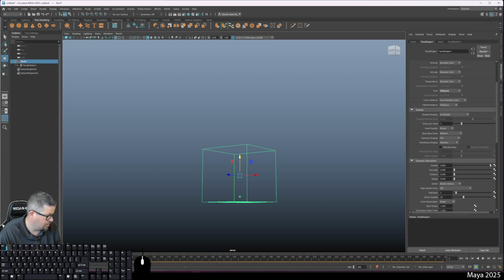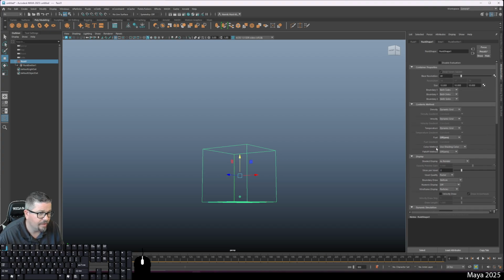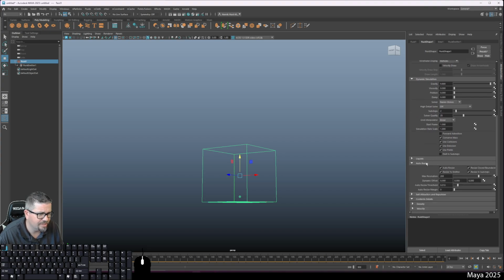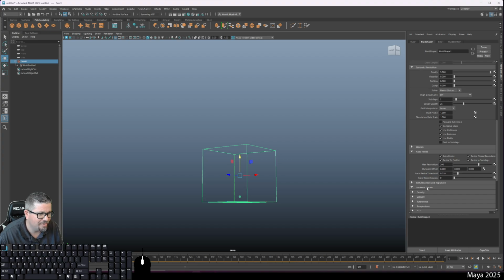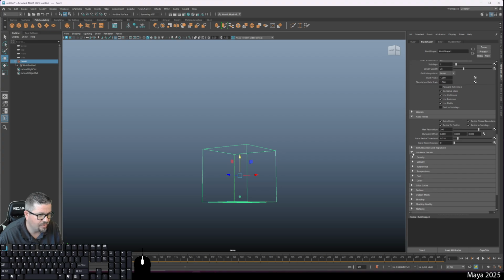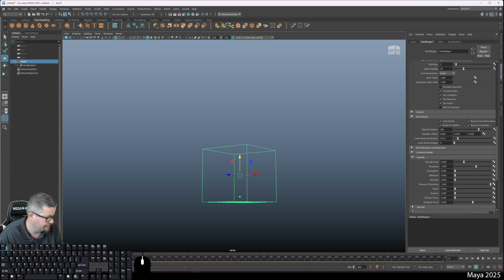Okay, so under the contents details tab, I can find it now. I don't think it's in alphabetical order. It starts to, but then it stops. So under the contents details tab, it's this tab right here. I'm going to go ahead and click it, and you're going to notice you get all these little sub tabs here. Under density, we are going to change the buoyancy to